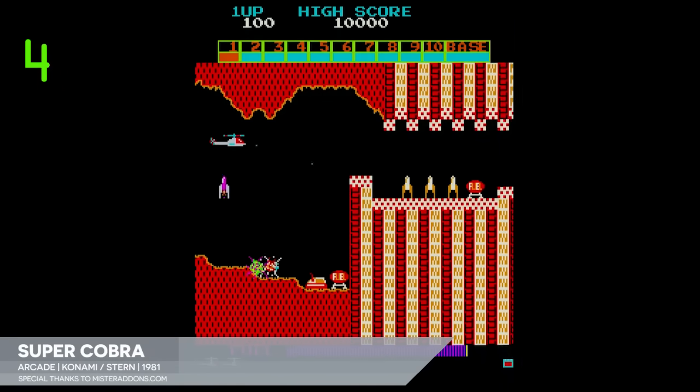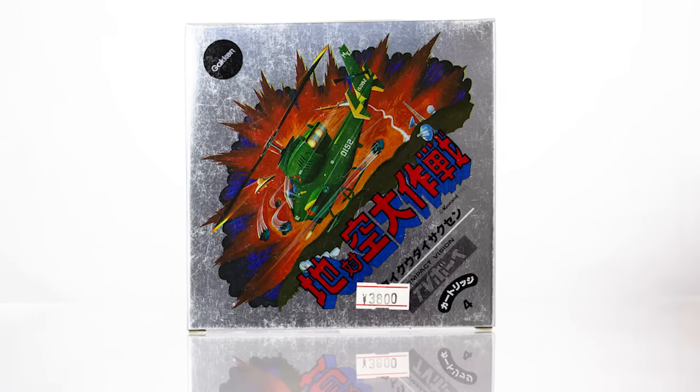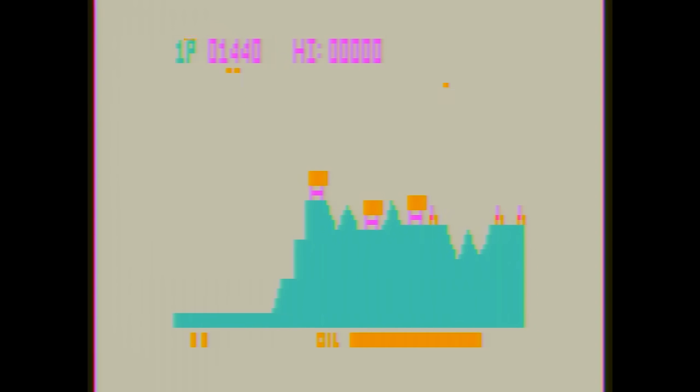For some weird reason, Gakken adapted and published Konami's Super Cobra under the name Chitaikuu Daisakusen, roughly the Great Surface-to-Air Adventure. As far as I can tell, this was a legitimate, licensed port. The packaging and software both cite a Konami copyright. Needless retitling aside, everything about this game conveys a strong sense of being Super Cobra, which itself probably should have